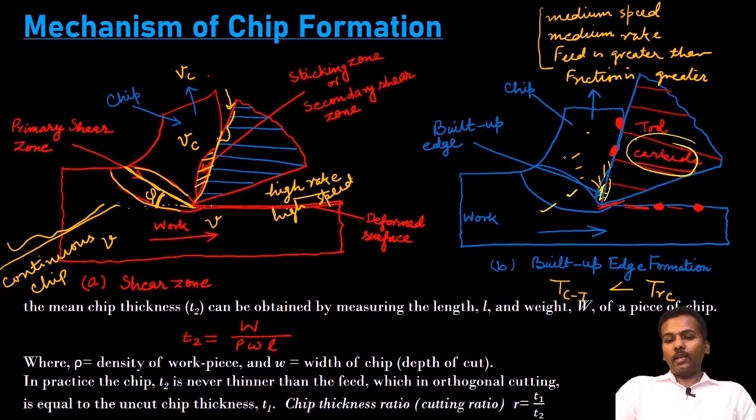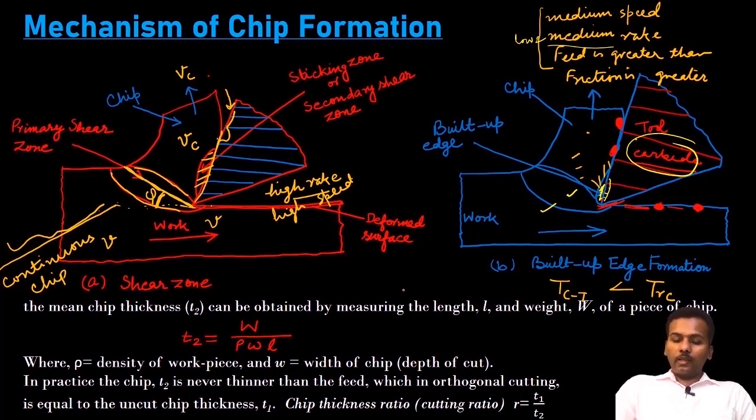If we increase the rake angle, it will reduce friction between the chip and tool surface, and due to the lesser friction and smoothness at the surface, the sticking phenomenon will be lesser. So here, because the rake angle is medium, not high, and feed is low or medium, you can take this as another case. Feed is greater, because if there is a greater feed, the variation of thickness will be more and more, there will be more localized deformation in contact with the rake surface, and that will create the formation of built up edge.